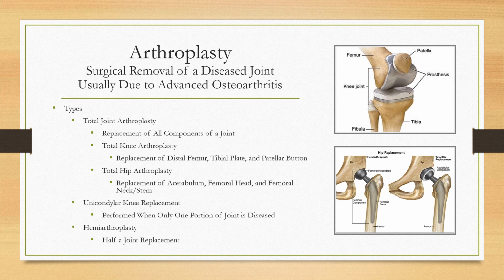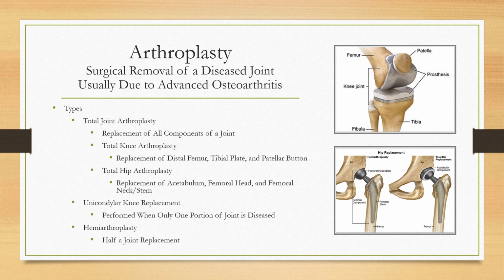Okay. A unicondylar knee replacement is just when one side has osteoarthritis, say, and they replace just one side of the joint, not the whole joint. Okay. So that would be unicondylar, because in actual fact, your knee joint has a lateral part of it and a medial part of it in your knee joint. So if just one part is diseased, say the medial side, the inner side, well, they can do a unicondylar